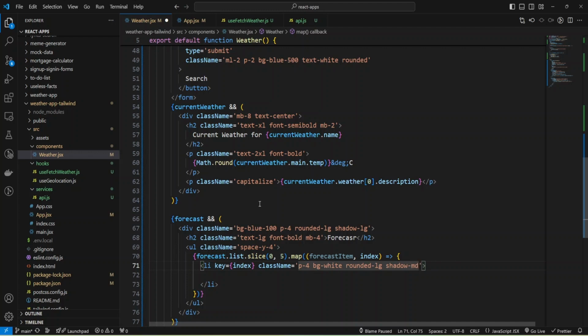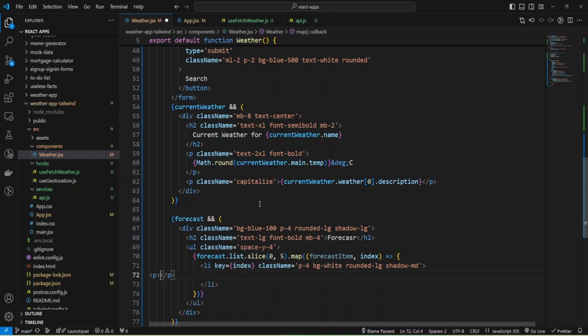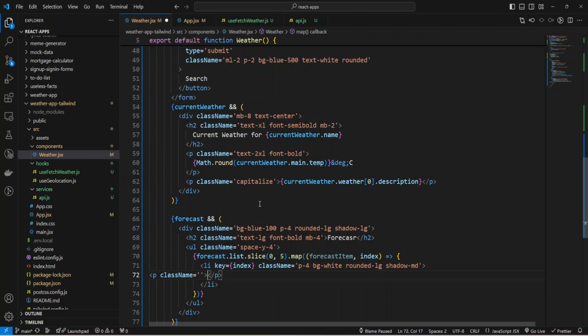Okay, and inside li tag I can provide paragraph and add some class name and make text large and font bold, and let's add some data